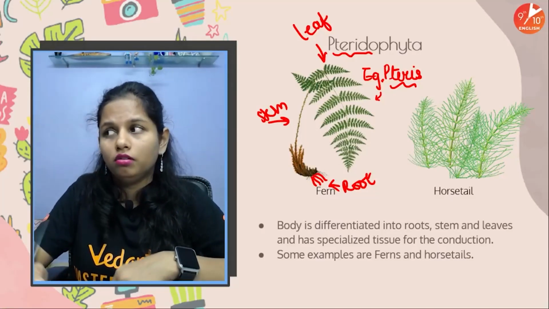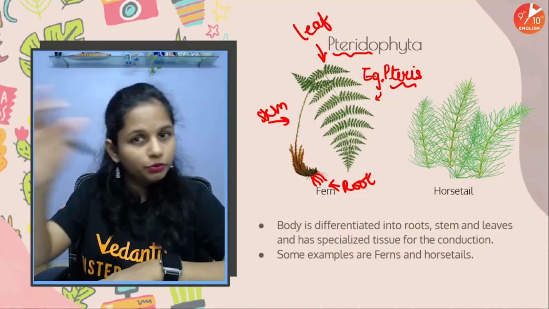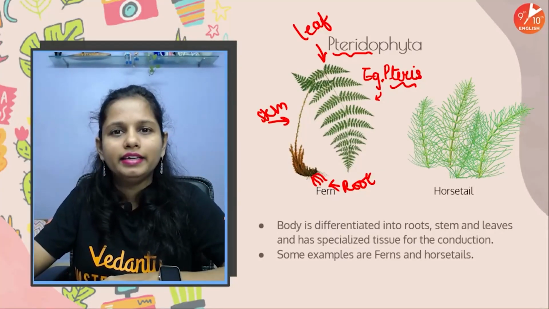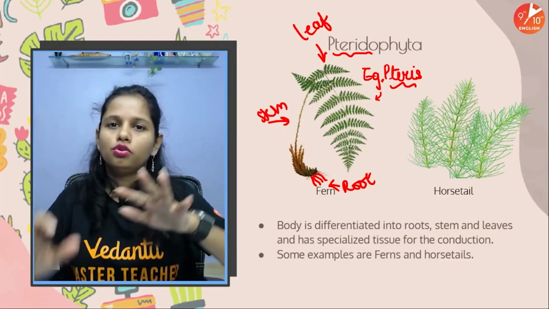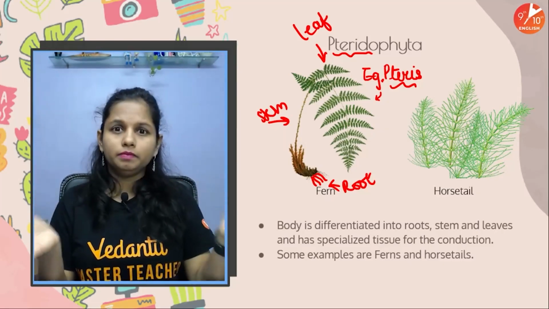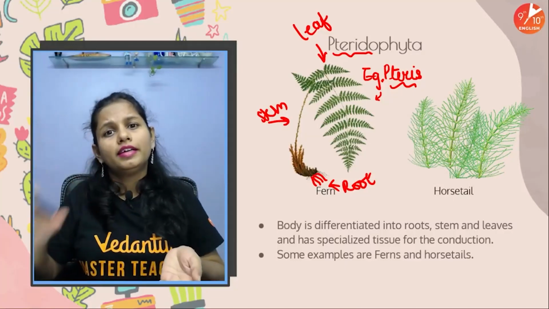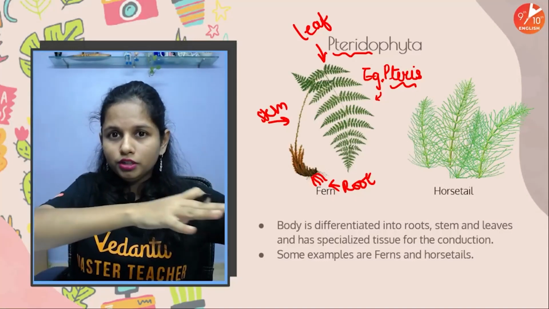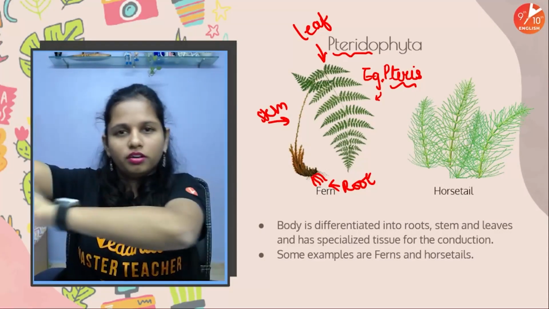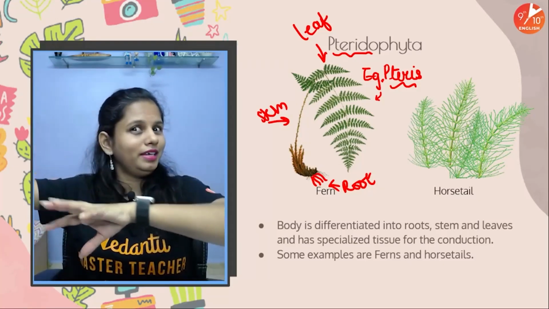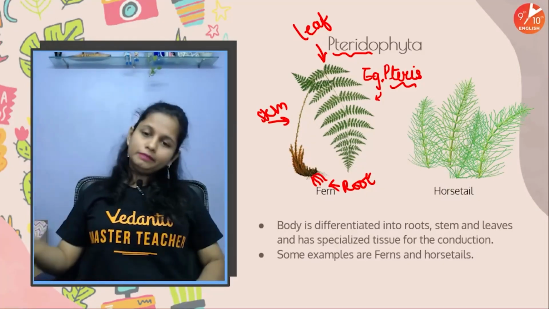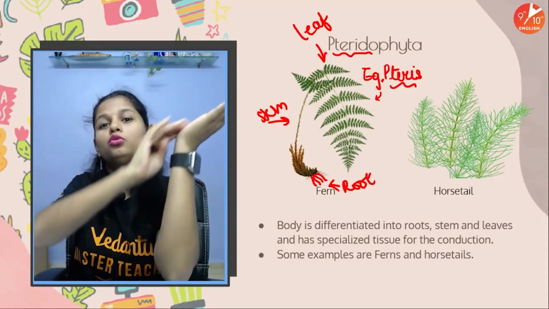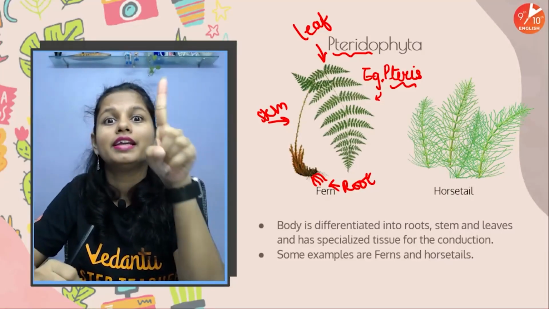In the months of June, July, August, September, like during monsoon, we spot this kind of plants, right? And they grow on land, and yes, they are terrestrial. So see, Thallophytes, aquatic; Bryophytes, amphibians; Pteridophytes, terrestrial. See the evolution from water to both to land, the evolution is occurring, just like Pisces, amphibians and reptiles. And now if the roots are absorbing water from the soil, it has to be transported via stem to the leaves. So of course they require xylem.